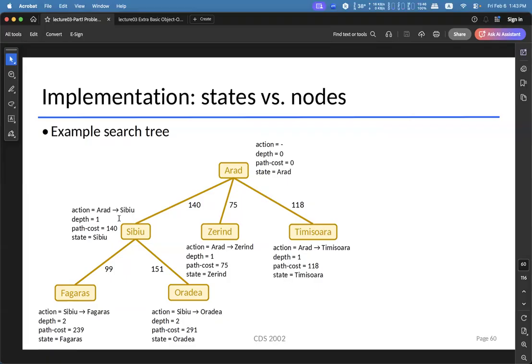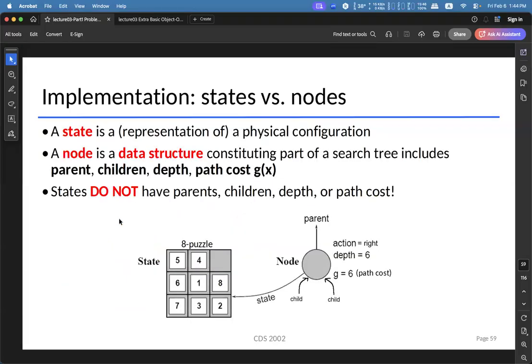So is it stored in Cebu? Yeah, in Cebu. Any questions? And for the depth and the path cost, we store them because we want to keep track of how long the cost and how long our solution actually is.